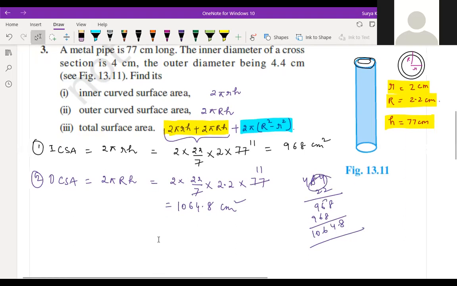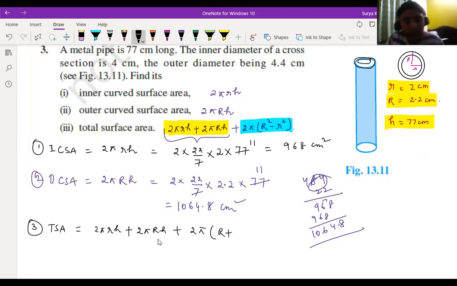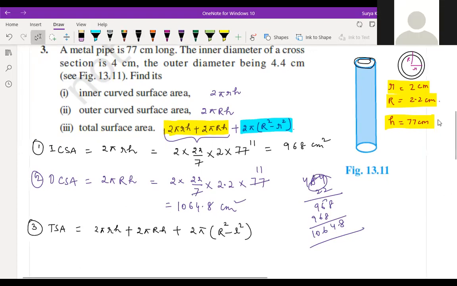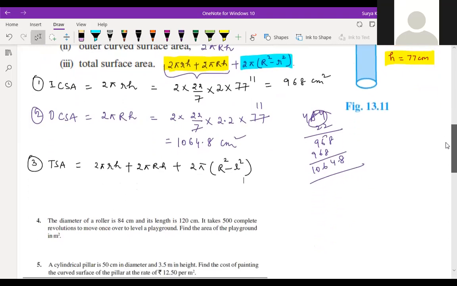So no need to do anything. Total surface area you want to do means, see here, it's not complicated. It's very easy. Try to understand here, TSA. Simply write here 2 pi rh plus 2 pi capital RH plus 2 pi. First I'm writing the formula only. How to deal with the answer, just try to understand. It's easier to calculate also. The formula looks complicated, but the answer is very easy. This one you can take from top. That is 968 plus